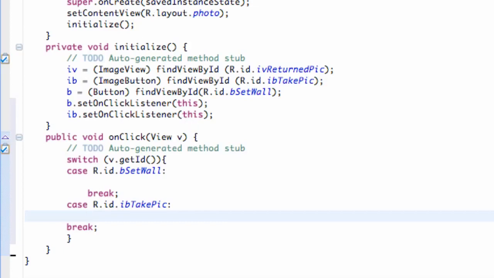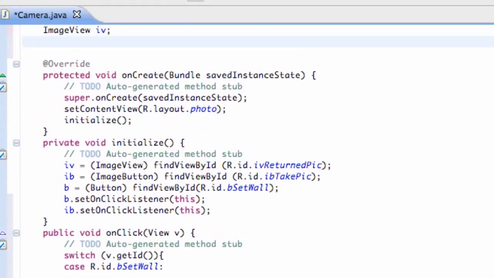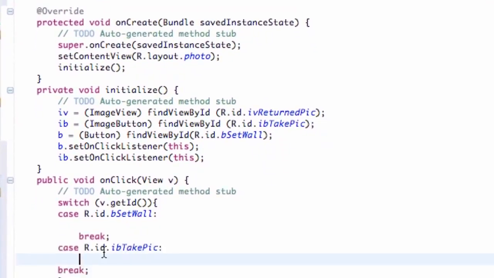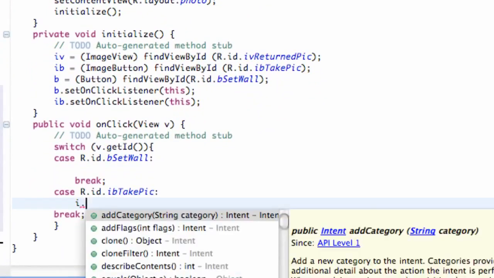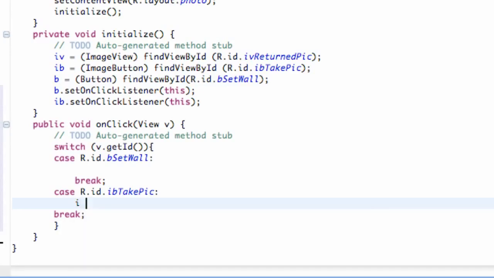We're going to define our intent up above our classes so we can use it in multiple methods. So we're going to say Intent i is what we're going to call this intent, and then within the take picture switch case that you guys will set up, just hit i equals new Intent, just like we've always done. And basically the camera application is in our manifest. We don't see it, but it has an action name. So we're going to refer to the action name of the camera